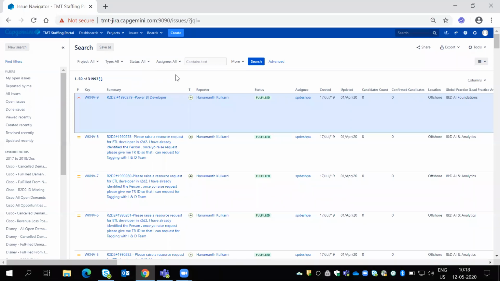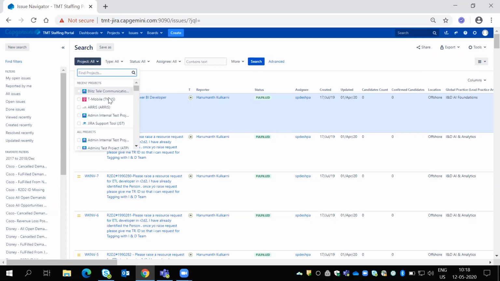I want a report of how many tickets are created in that particular project. If you just click on projects, select Admin Internal Test Projects or something. So you can select it here. I have Admin Test Project. Just click on Admin Test Project.